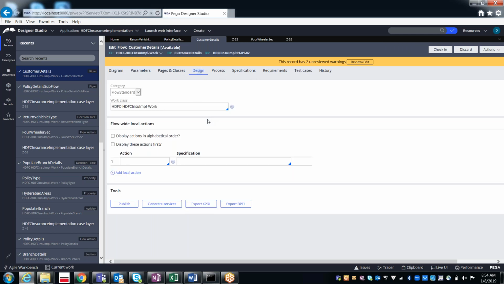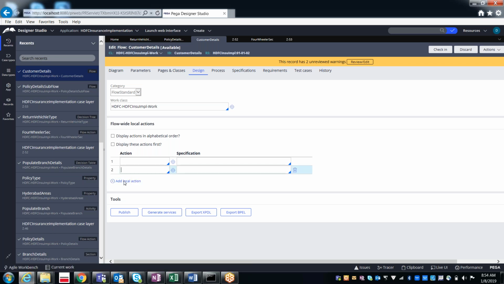we have flow level local actions. Here we go. In the design tab, we have something called add local actions. Likewise here, as many local actions as you want, you can apply. Right now I want to apply one.